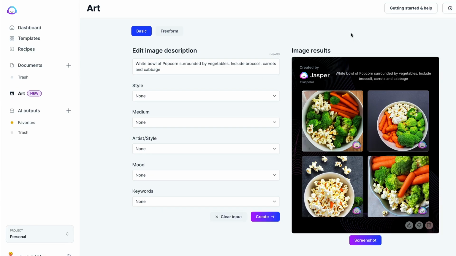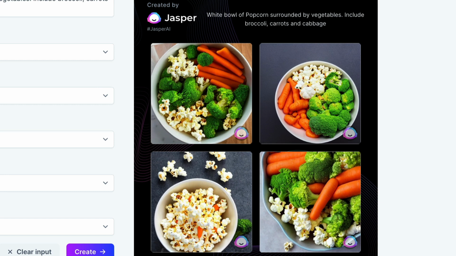And if you do that, as I say, you will get some really good outputs. Next up, I was after an image for my vegan popcorn post. So Jasper came up with these, which I really like. A bowl with popcorn and vegetables is absolutely perfect. So there were some of my successes, and I'm continuing to create lots and lots of images using Jasper for